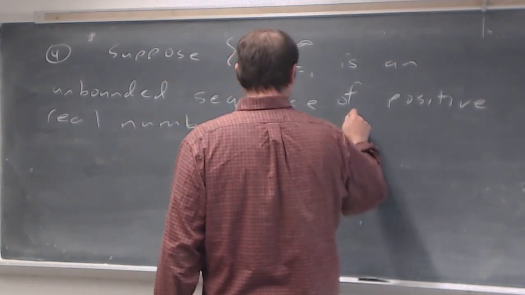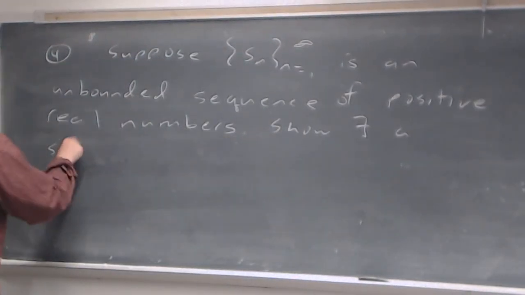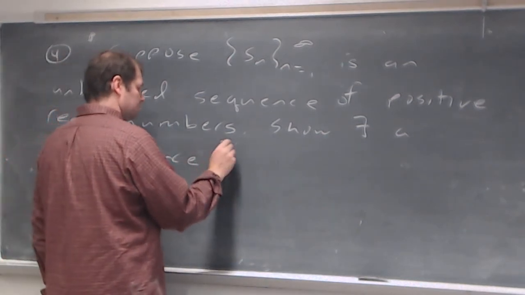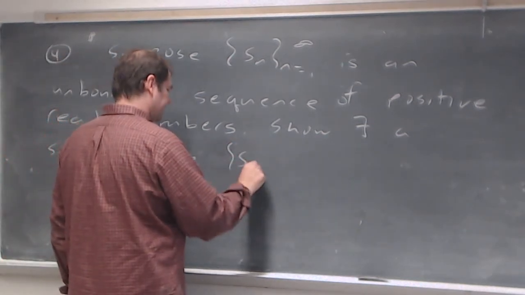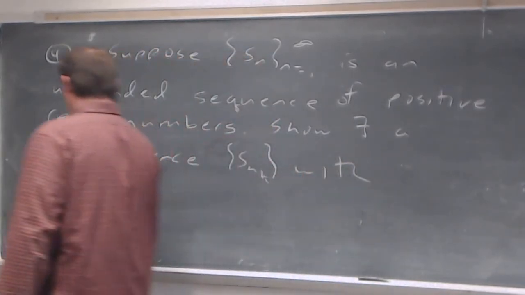Show there exists a subsequence S of n sub k with S of n sub k